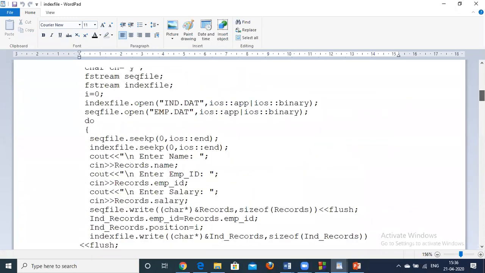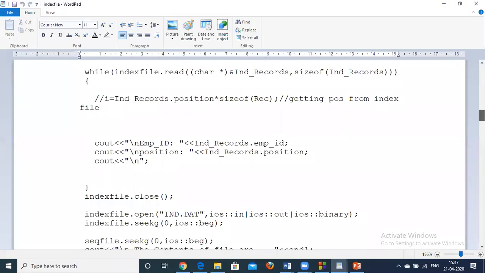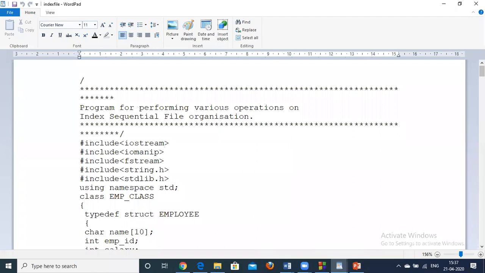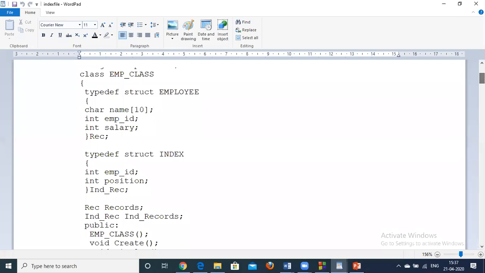In modification or deletion, you have to do the same thing. In modification, first you have to search the record. If that record is found, then go to that position directly and set the status, the flag, as deleted, so that it will not be accessed further. Even if your record is present at that position, you will just mark that record as deleted.